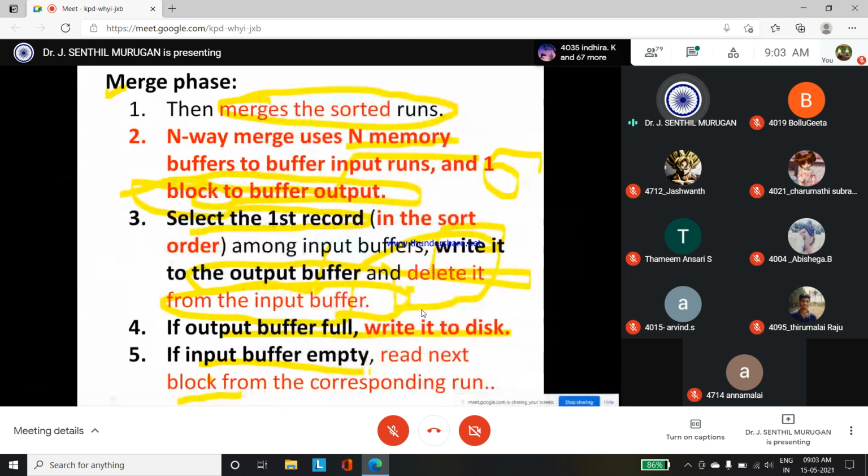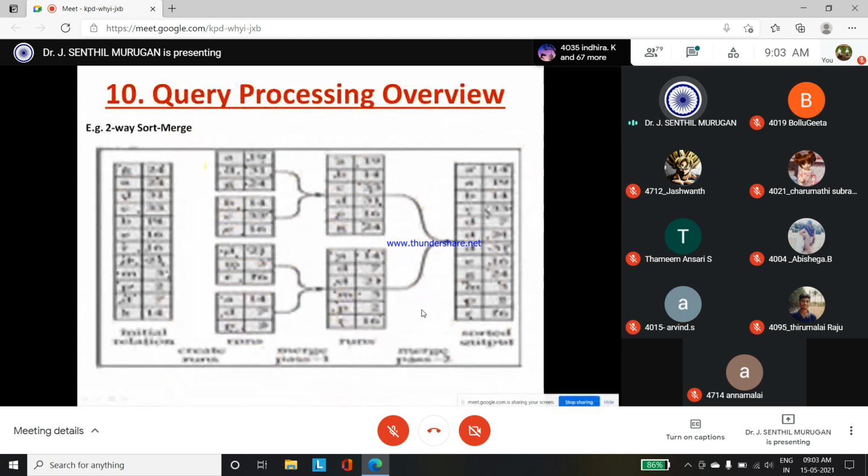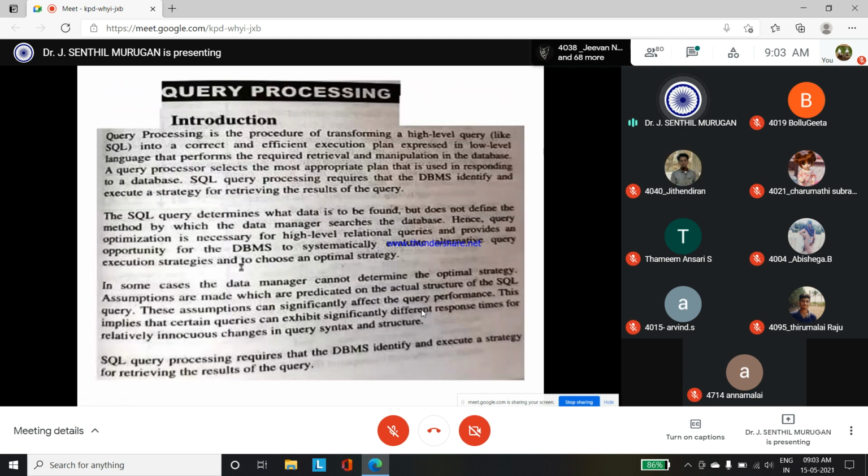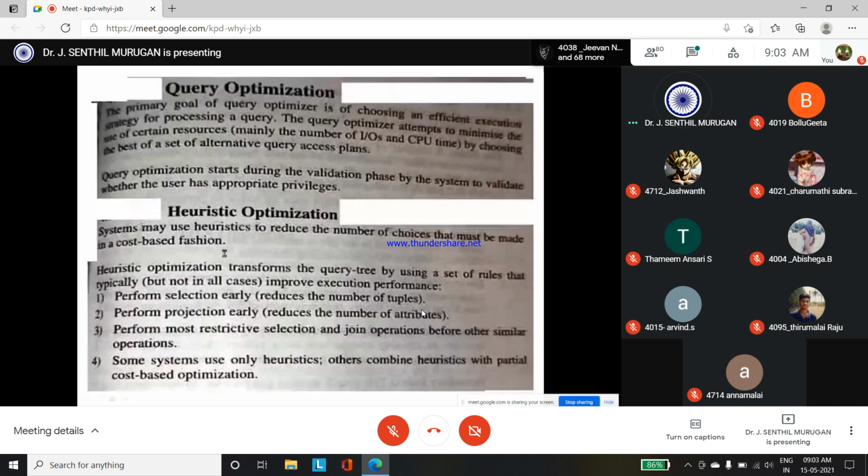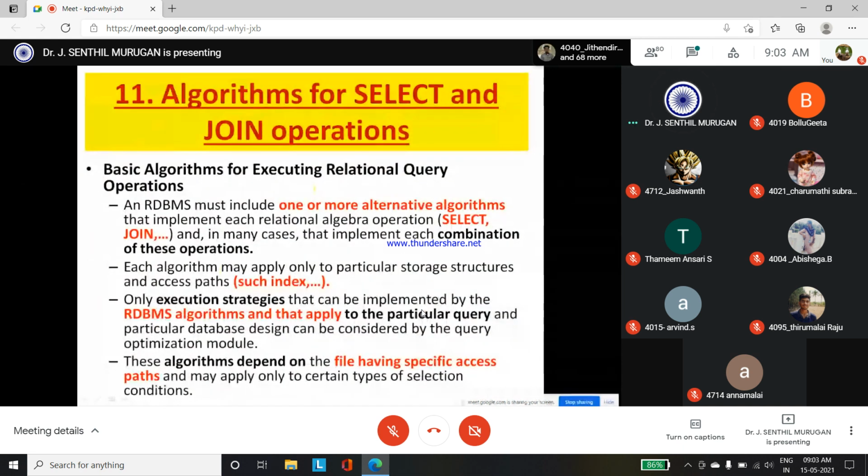Okay, these are the merge phases. So using the merge phases, now I am going to check all the blocks, how they can be sorted in a two-way sort merge. This diagram is not clear. I will show it again. Okay. Right. After sorting, what I am going to do is use an alternate algorithm,